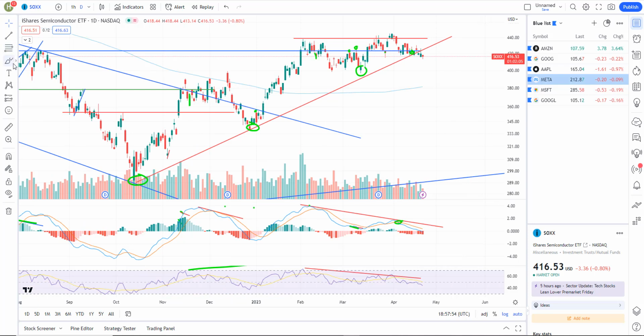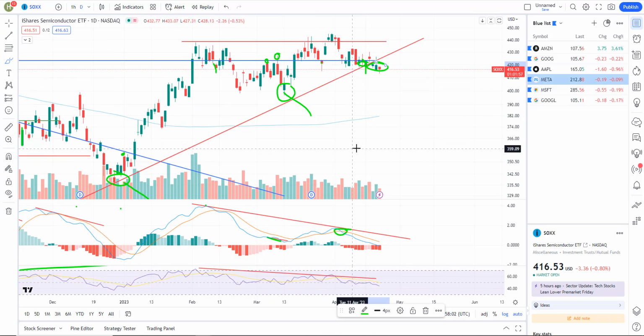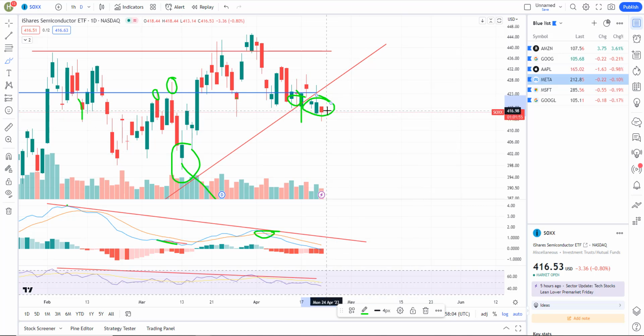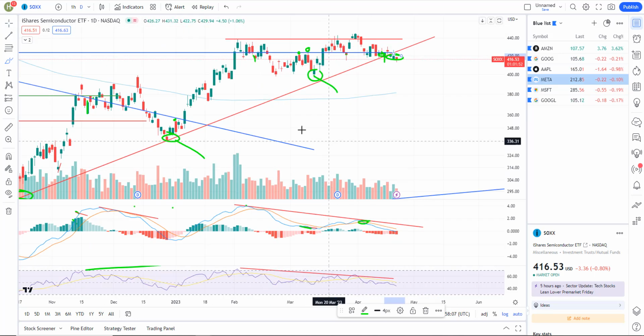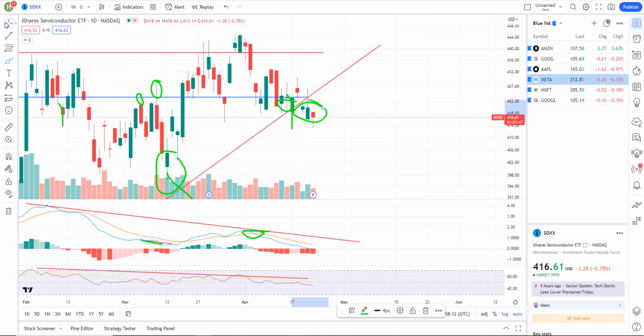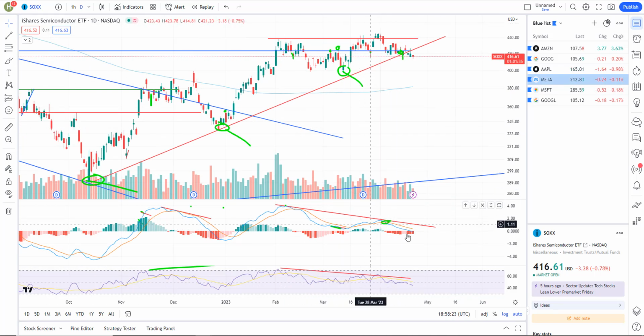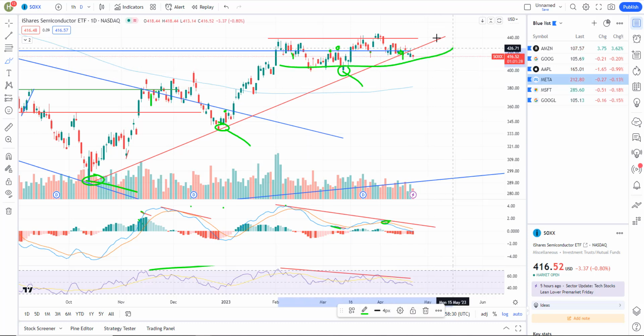Semiconductors, SOXX. You can see here on the daily chart, support, support, support, and some reactions there. And we're starting to break down. We are drifting, nothing really impulsive, but definitely starting to drift lower and break this wedge. We're at the point now where I think we should start to see that impulsive selling. It's likely going to take till next week, probably till those initial FANG earnings come out. But yeah, we're starting to break down. The negative divergence has been intact, telling me that we're likely at the top and we're going to start to roll down. Again, I have a lot of doubters, and that's what this price action does.